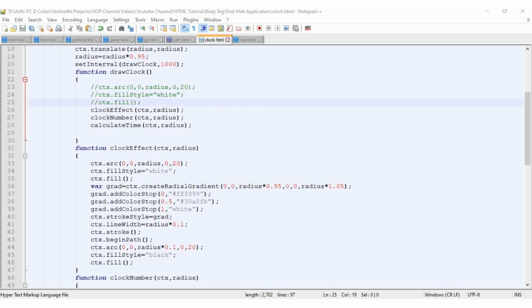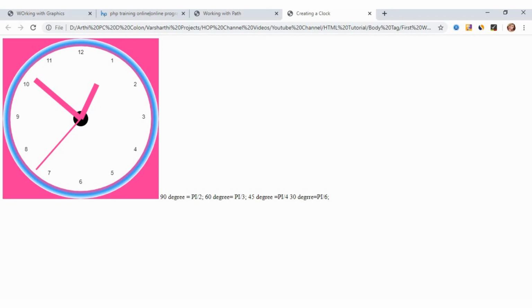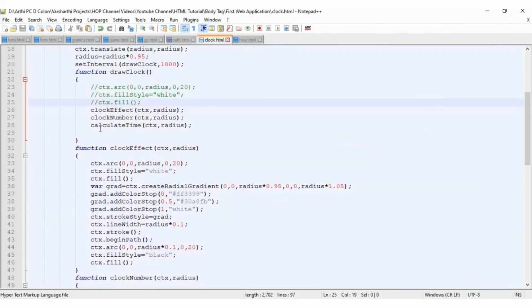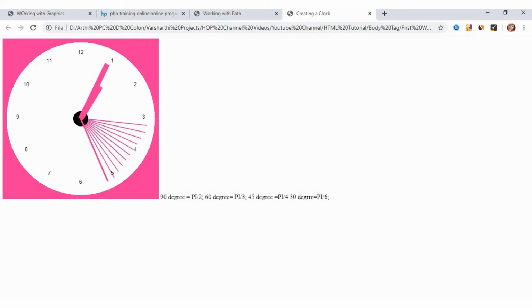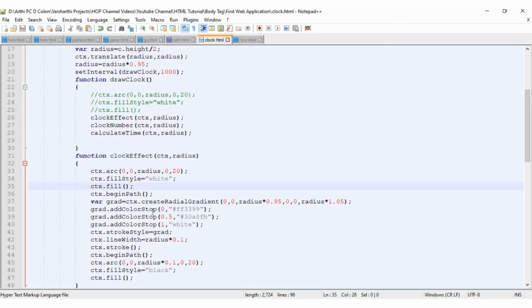Now save and run your program. So here the second hand is rotating and the time is correct. However, the extra lines come when the second hand starts to rotate, right? So this is because we have created the beginPath function after creating a circle, right?